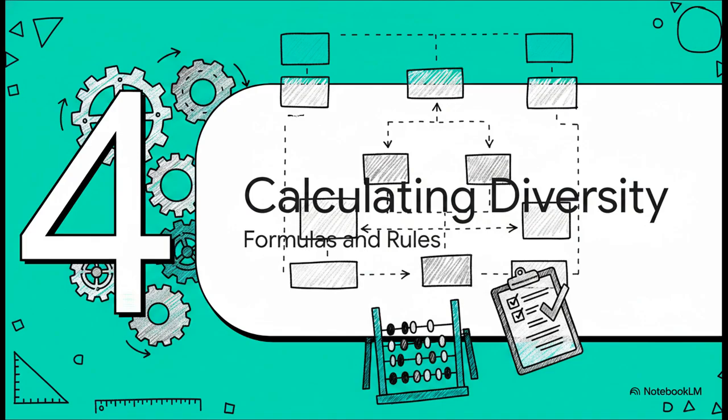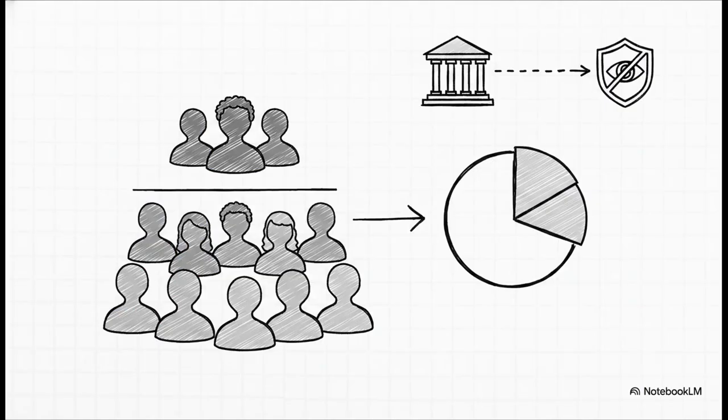Calculating gender and diversity. Having the right categories sorted is really only half the battle. Let's look at how the math actually works. The crucial catch here is the denominator. You do not divide the number of female executives by the total number of employees in the firm. That's a common mistake. Instead, you divide them by the total number of executives. For gender, SASB requires categorizing as women, men, or not disclosed, though firms can absolutely add other gender identities. For diversity, we're looking at historically marginalized populations, which encompasses race, ethnicity, age, or disability status.